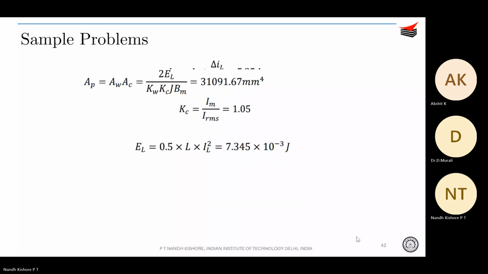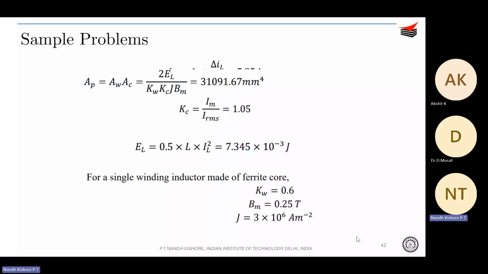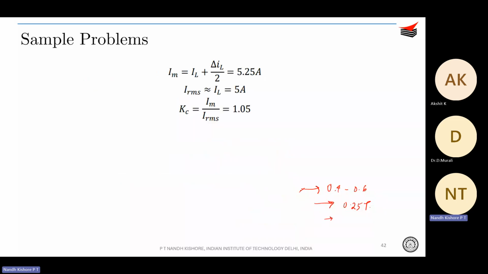KW is given in the problem as 0.6. If they have not given it also, KW is anywhere between 0.4 to 0.6, and BM is generally 0.25 Tesla. That was mentioned in the lecture slides also. For inductor, it's 0.25 Tesla, and for transformer, it's 0.2 Tesla. Maximum you can go till 0.3 Tesla, and J is 3 ampere per millimeter square. So with this information, you can compute